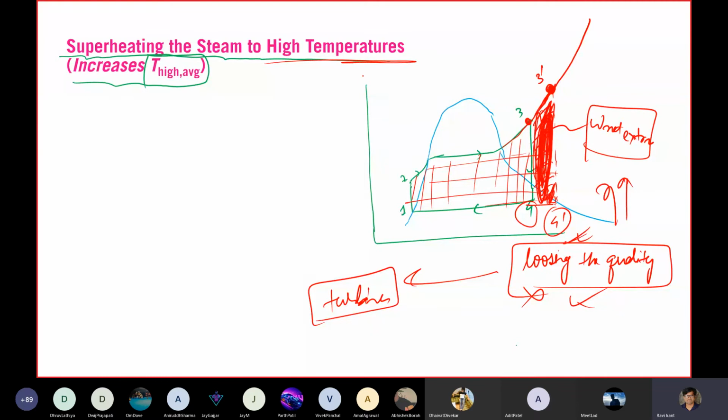One more thing is turbines are also designed for some particular threshold limits. It cannot go to 600 degrees C or more because of its thermal and material properties. It may melt, or maybe some mechanical or material failure may occur at very high temperature. So turbines are designed not to work above some threshold temperature. So this is also one disadvantage here.